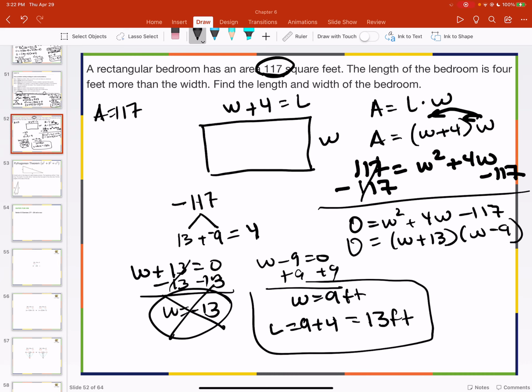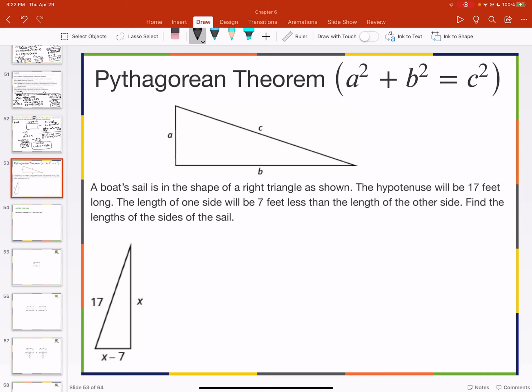Okay, one final example using one of my favorites, the Pythagorean theorem, which of course, as you know, is the relationship between the legs of a right triangle and its hypotenuse. I probably have told you already, but the Pythagorean theorem has a very rich history. It used to be this huge secret, and when it first was discovered,